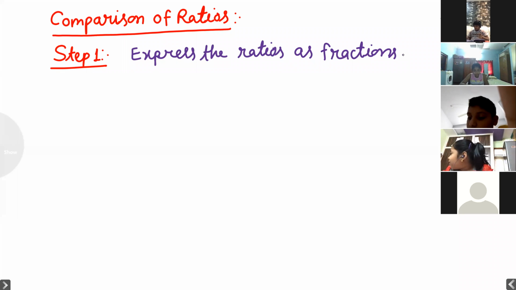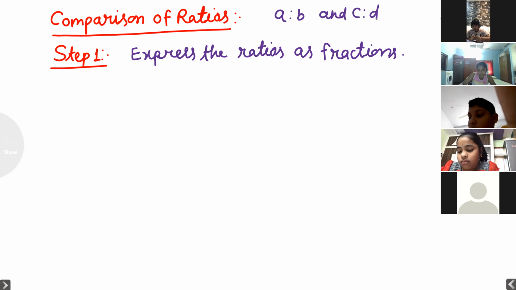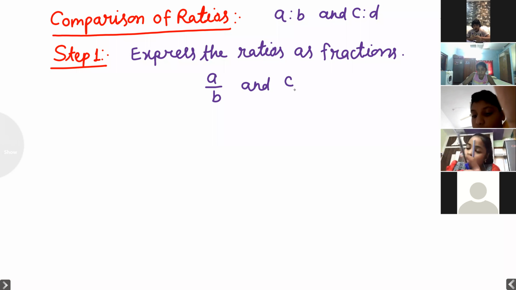Suppose I am going to compare A is to B and C is to D. Then firstly, I want to express them as fractions, A by B and C by D. This is the first step. Step 2,